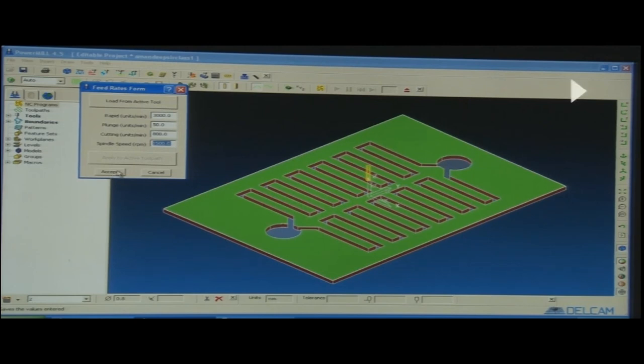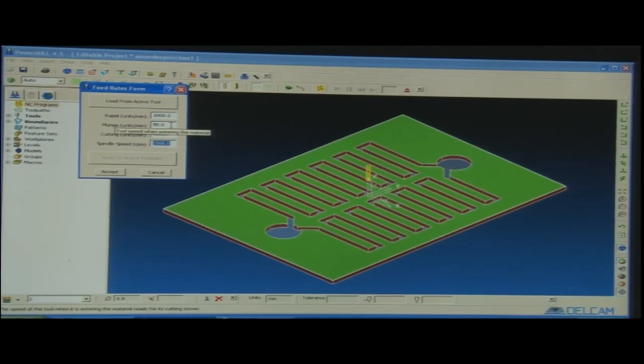Finally, once the plunge happens, the cutting feed is 800. Next is spindle speed. Spindle speed is in RPM, rotations per minute, and the value put here is 1500 per minute.